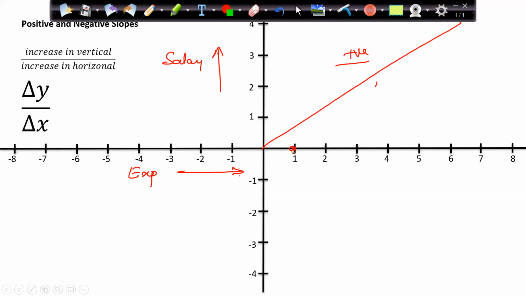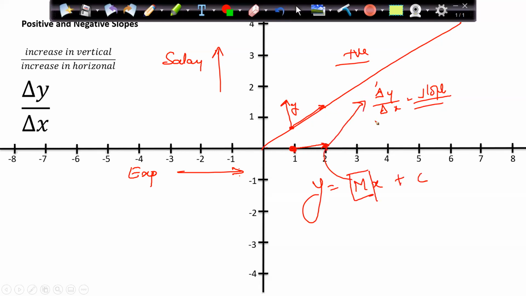Now, when one unit change in the experience is happening, let's say my years of experience goes from 1 to 2, what is the change in the salary? How many times is the salary changing? That is the change in y, the slope. So delta y by delta x will give me the slope of a line. And the slope is denoted in the equation y equal to mx plus c. This m is nothing but the slope of a line.